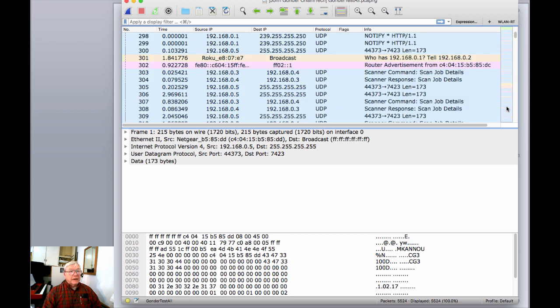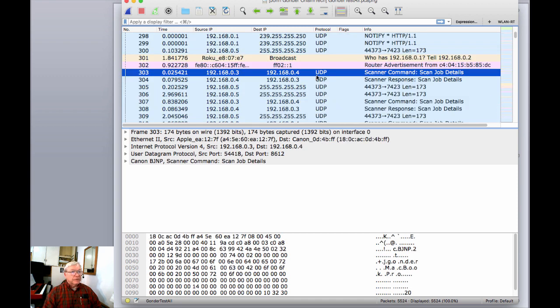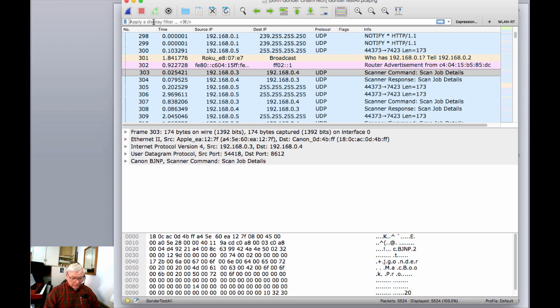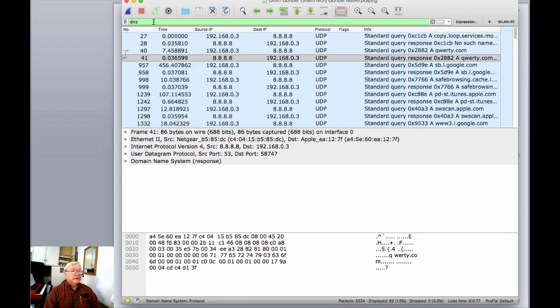So that would be one way that I could identify packets I might be looking for, say UDP packets. Another way would be to just create a display filter by typing in the protocol type of what I'm looking for, like DNS. If I'm supposed to look for DNS packets, then by typing in that completely,